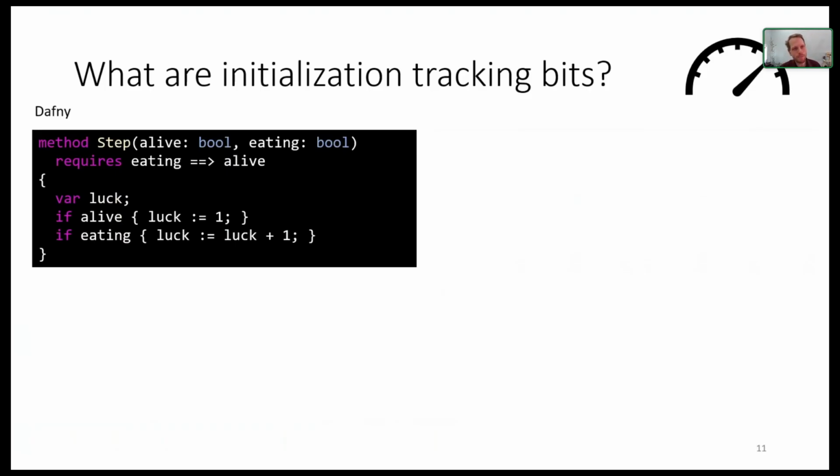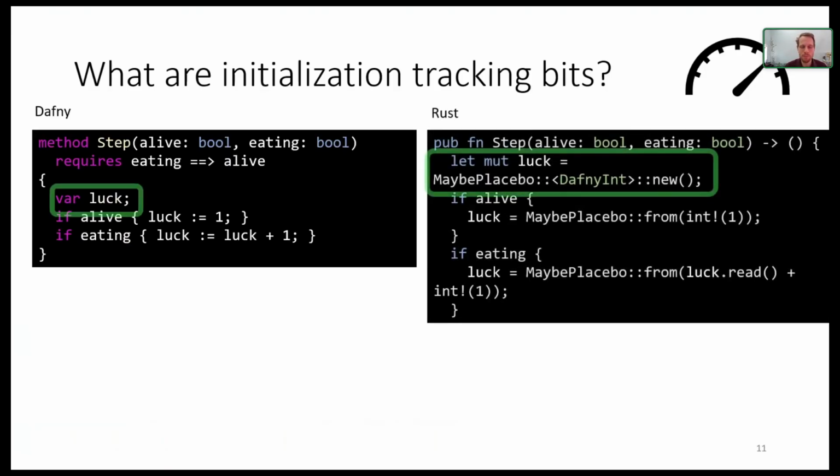And this is a bit tricky in Rust, because in Rust, it assumes that every local variable will be collected at the end of the scope. But the problem is, if it doesn't know whether it's initialized or not, it will emit an error that we have to resolve, because it will not be able to determine it. So if you look at the generated Rust code, we need to assign luck a value, which we put as a placebo value, so it's a kind of option type. And with this one, Rust is satisfied, we do not emit a warning, but you can see that the readability of the code is really affected.